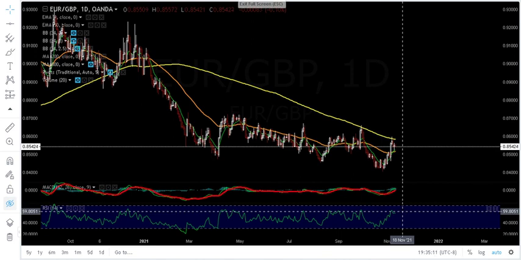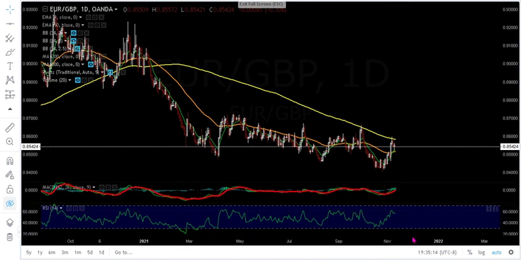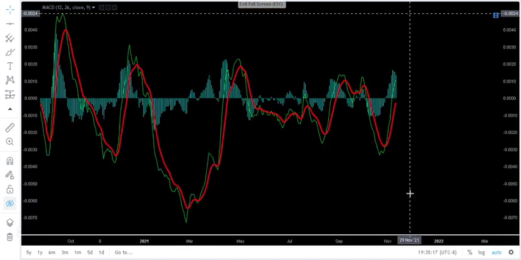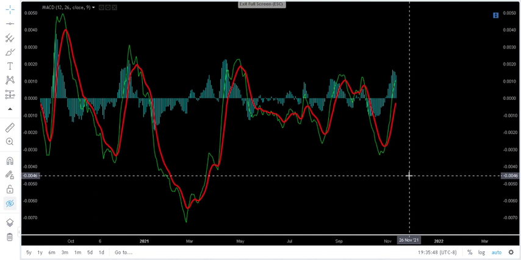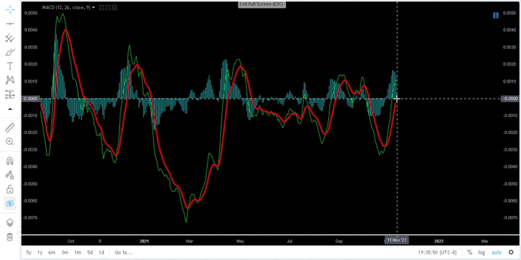So MACD, okay, so I put up, and the green is in the histogram. I wrote down certified uptrend because it's basically above the signal. It's not above the 0 point right here, but